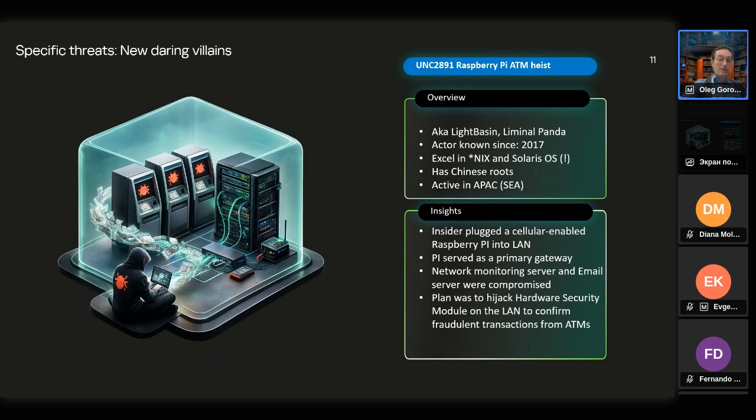So they used a staged approach that gradually and successfully compromised the network monitoring server, gaining extra visibility, and then the email server, gaining a whole lot of stuff, including the ancillary internet channel besides the Raspberry Pi itself. But where are the ATMs, you may ask? Well, okay,